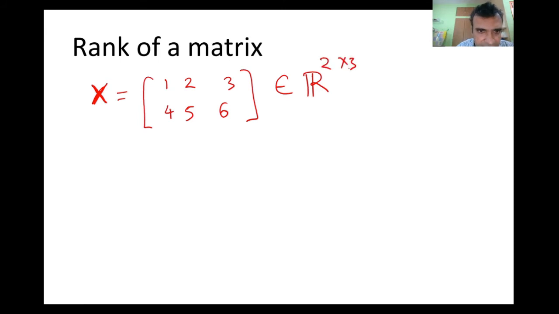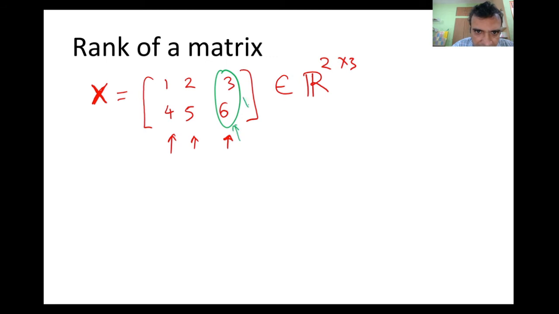Now here what you can see is that although it has 3 different columns, these 3 columns are not linearly independent of each other. I can take one column and express it as a linear combination of the other 2 columns. You can solve this; it is basically a system of linear equations. If we want to describe this particular column as a linear combination of the other 2,